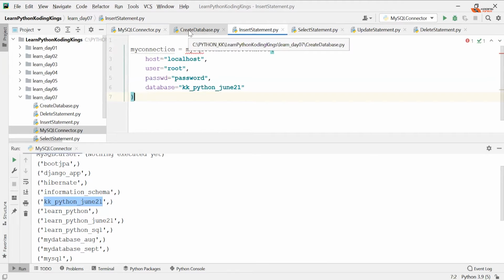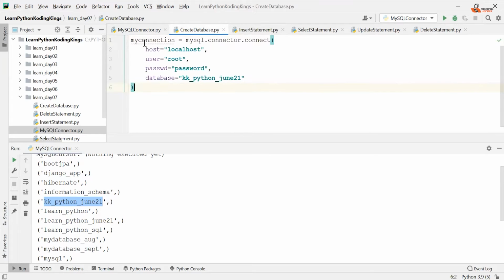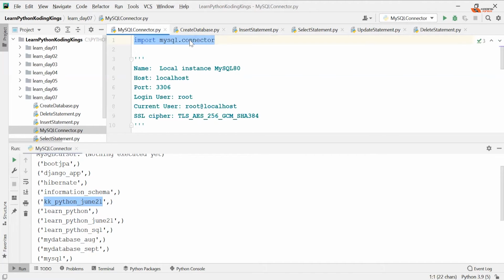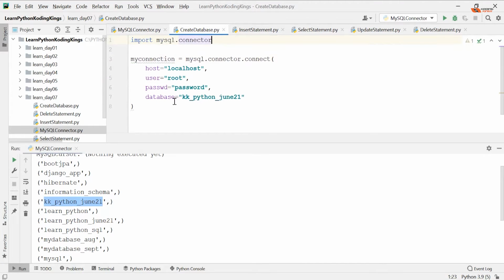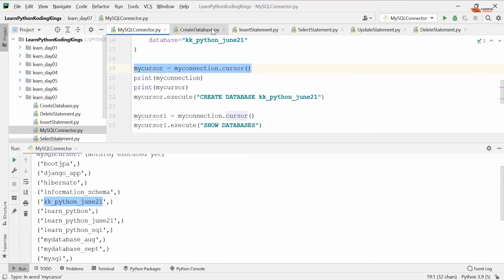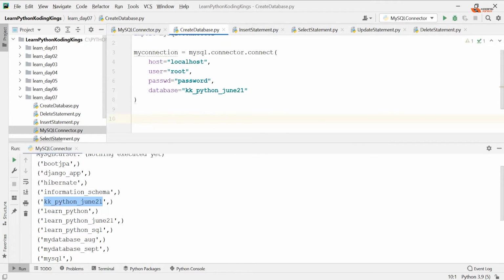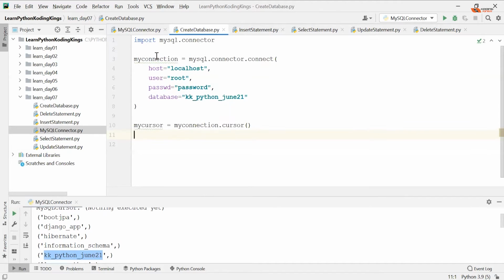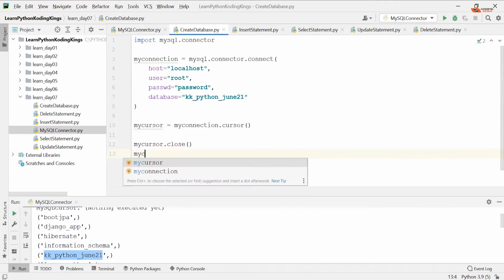We need to create the table also. Okay, let's do that. Let's insert and create simultaneously, or we'll do it here. That's fine. Create database, we created here itself. Okay, so here you go. And always remember that we are going to use the object called cursor forever. So I'm going to copy this particular code snippet everywhere. Okay, so my connection is getting created, cursor is getting created, close the cursor, close the connection.